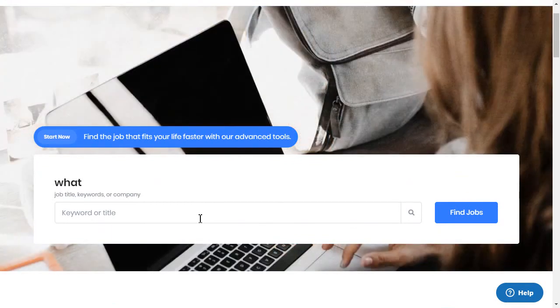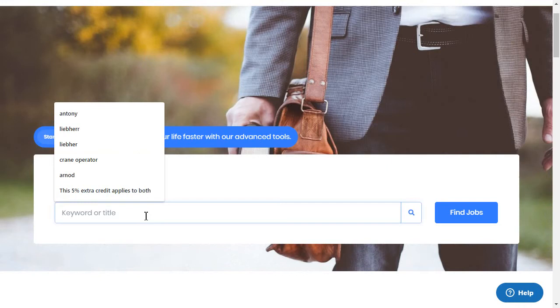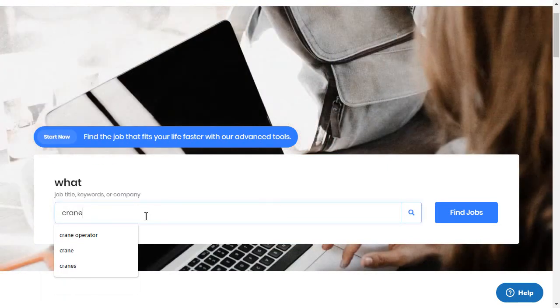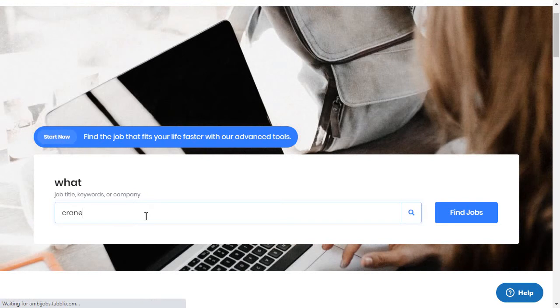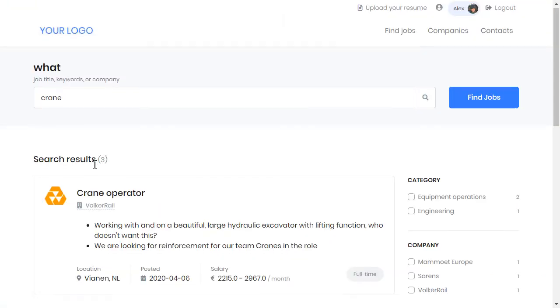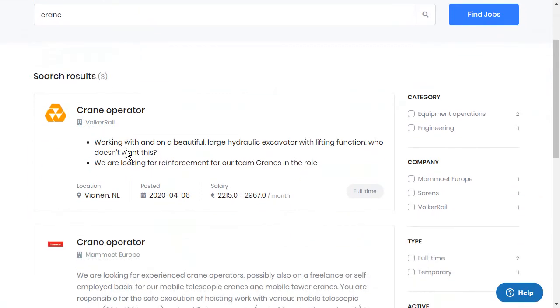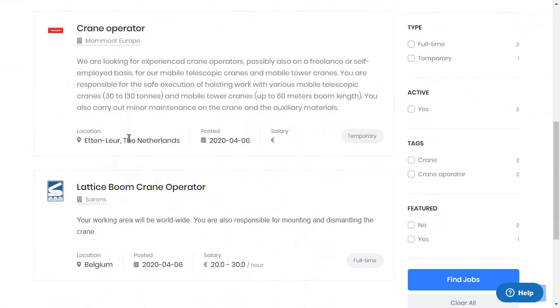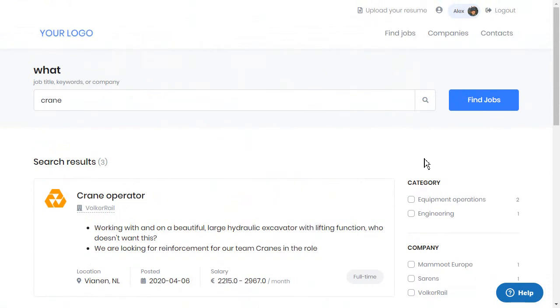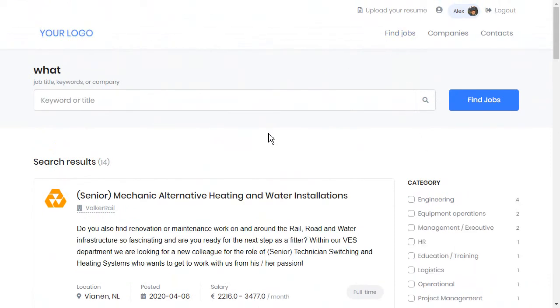Let's look how it works from the public side. For example, I'm trying to search some vacancy by the name, and I can see 3 results of my search. So we can see this list, we can see this filtration, or we can see the full list of existing